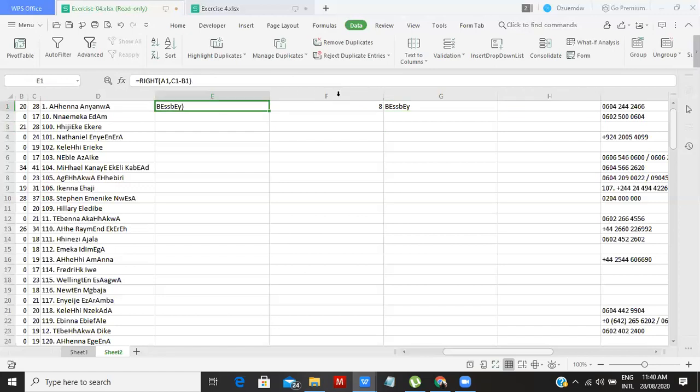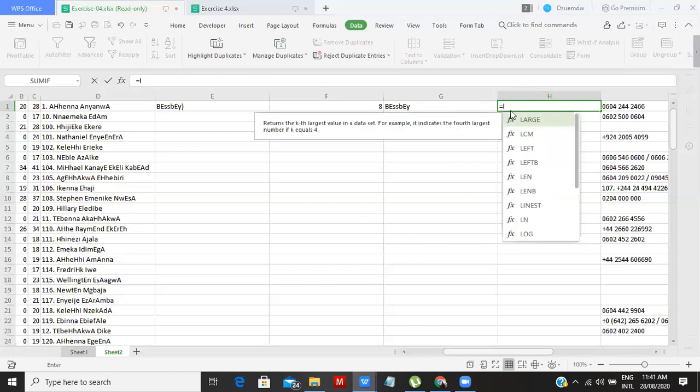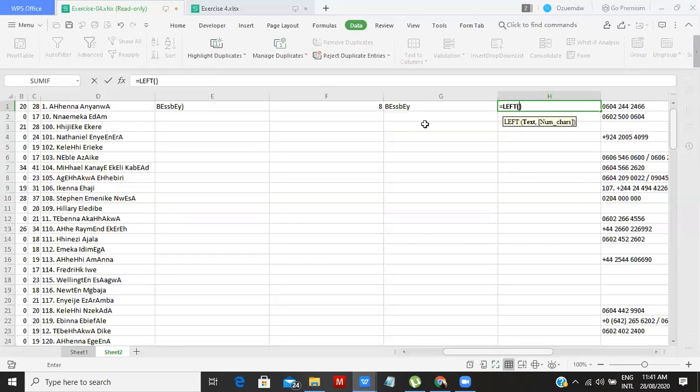We have this one and we have this one. So let me see. Equal to left, this one, BASI, comma. Then the number of characters will be